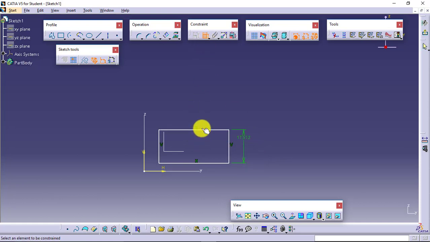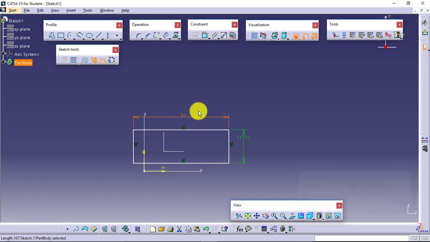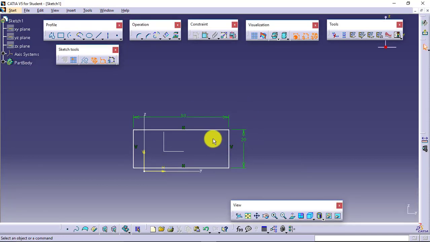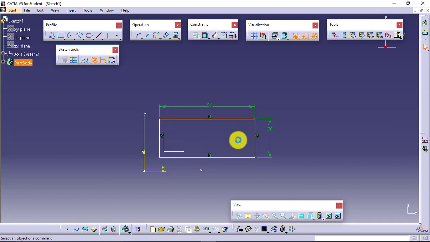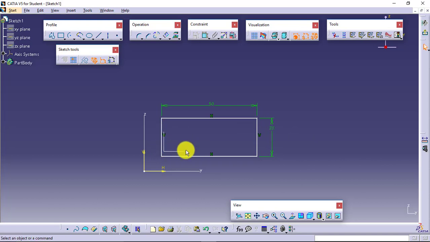I'll again click on this. I will apply on this. Still, these two lengths, I'll double click on the length and I will be able to change it. So these two lengths are actually updated, are fixed. Now if I try to expand it, I will not be able to. But yes, it will shift.